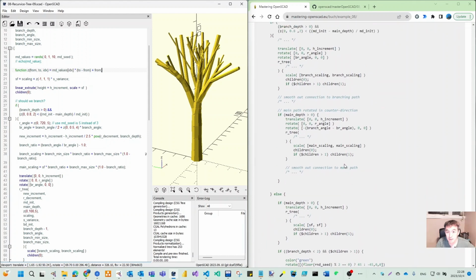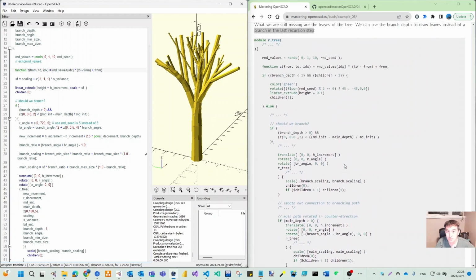So if branch depths, let me see, R3, smooth, should we branch, children more than this, else branch minus branch more than 0 should we branch. So these are still having that. But before that, we will add, we check its branch depth is more than 0. And then let's see, so we have this one,